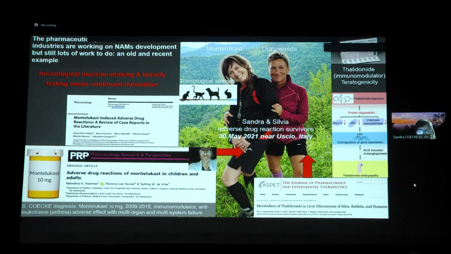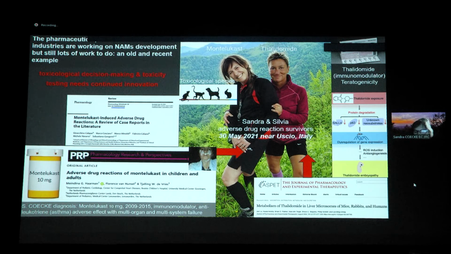I was also totally yellow. I had many systemic effects, but I survived it because I stopped the drug. This drug had an adverse effect on me. So the difficulty of the science we're doing in toxicology, and also in the pharmaceutical industry, but also in the chemical world, is that we have individual effects. And thanks to all these new approach methods, we can get a better grip on that.